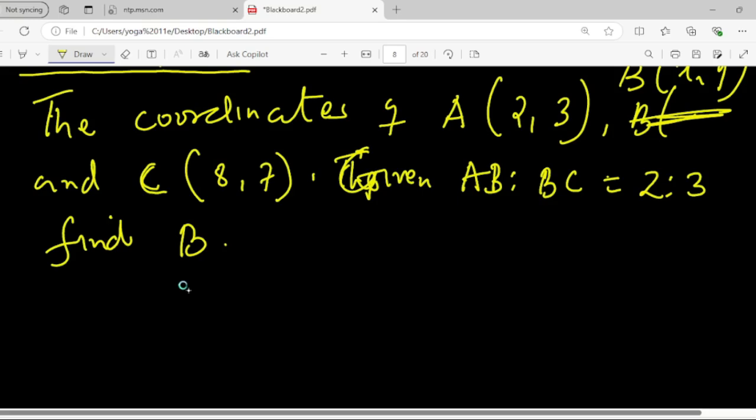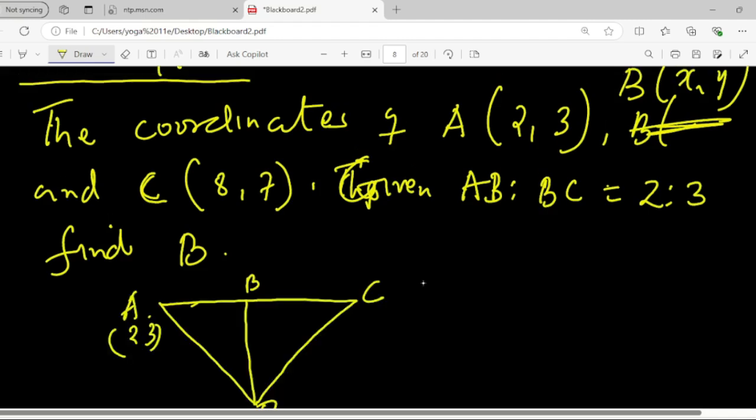So you can sketch your diagram so that you can be able to see. So we have A, we have B, and we have C. This one can even be the origin. So this one is 2, 3. This one is 8, 7. We are looking for this, but we have been given the ratio, 2 to 3. From the ratio theorem, we know that if I take this one to be C and this one to be A and this one to be B, then we know that